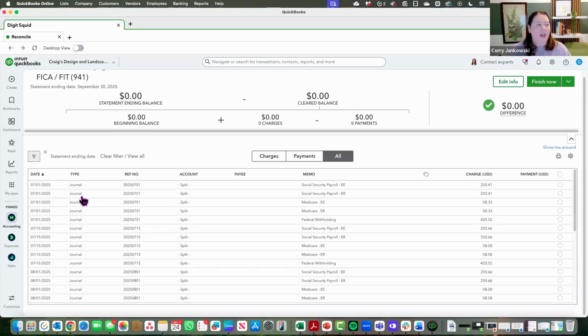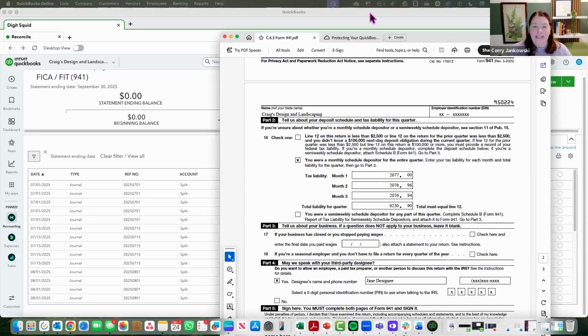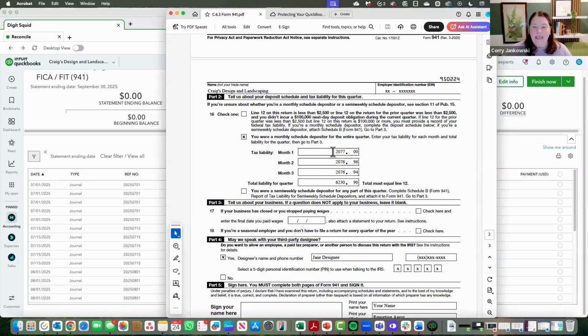Okay, so this part, if you're in the cleanup course, you know that I like to do things a little bit backwards. I just find that sometimes solving riddles and puzzles, if you know the solution, working backwards can be really, really helpful. So when we look at the federal 941, we see that the first month tax liability was